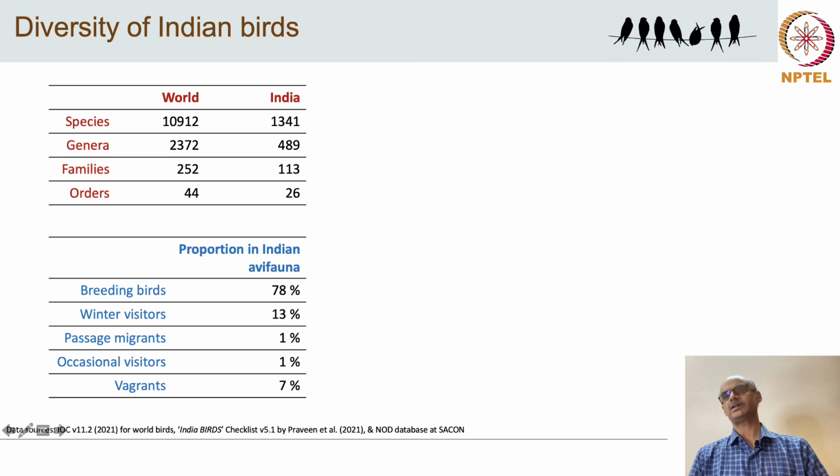Vagrants are actually stragglers, in the sense that historically there might be maximum 3 or 4 records. Let's say 3 records over the last 50 years, then we would call them vagrants. And since birds can fly, it's very natural to expect some individuals of a species losing their way, or just ending up here by random movements. And sometimes even ship assisted vagrants are there, especially for water birds and seabirds.